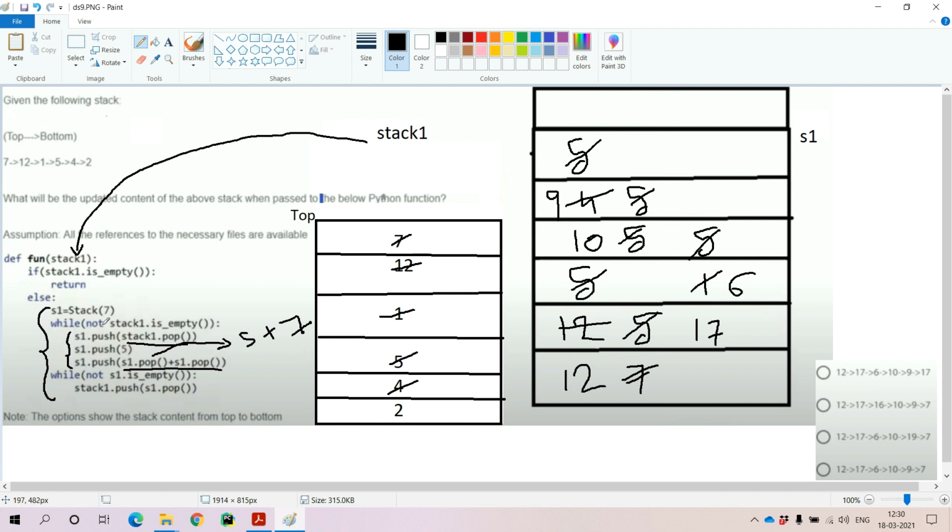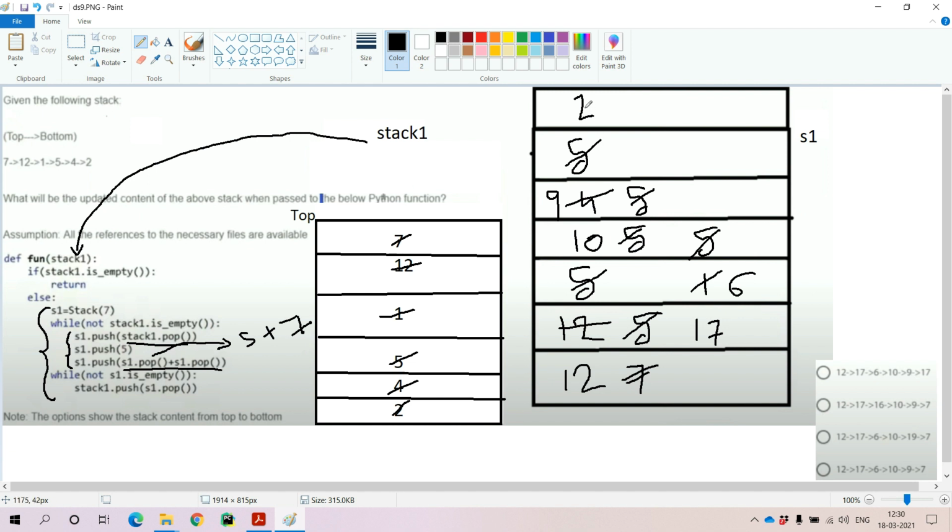The while loop will be repeated one more time, till one more element is there in stack 1. Due to that reason, we have to perform the similar operations. From the stack 1 we have to pop the element, push it here, and push one more element. There is no possibility to push the element here. Why? Because already all the elements are available in the stack. It is not possible to push.